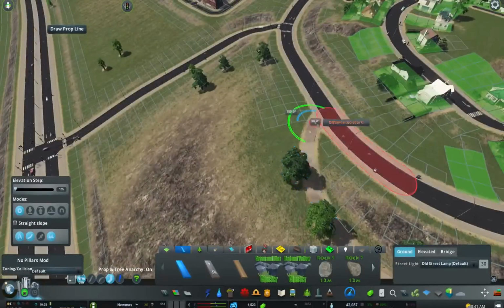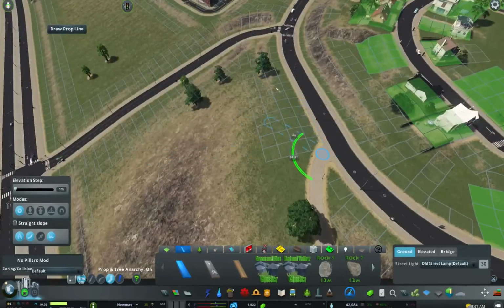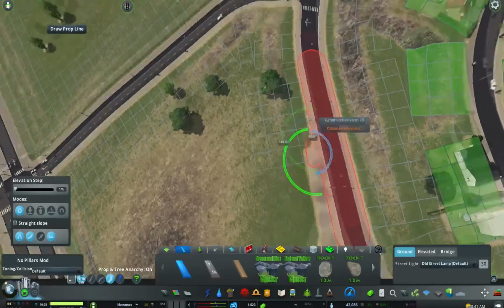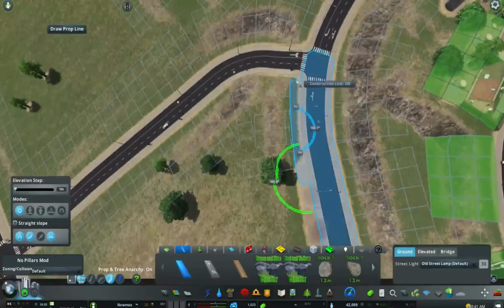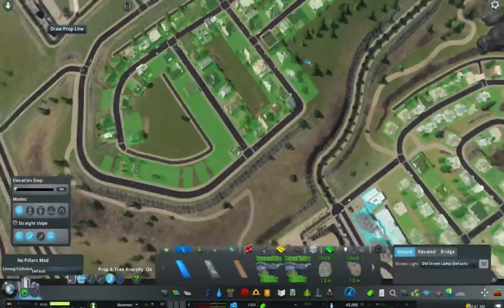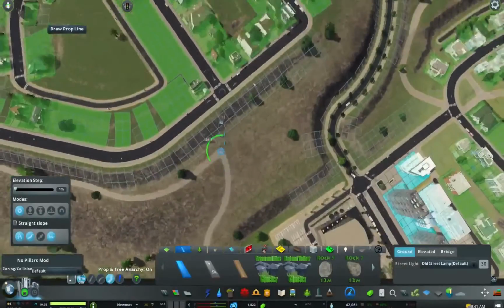And then I'll bring it to here, and I'll make this footpath quite wide because we're not going to put any zoning on this part of the street. So let's just bring this around here, and that connects up to there as well. And then we'll just bring this one around to probably the corner here. So I'll take this one from here,